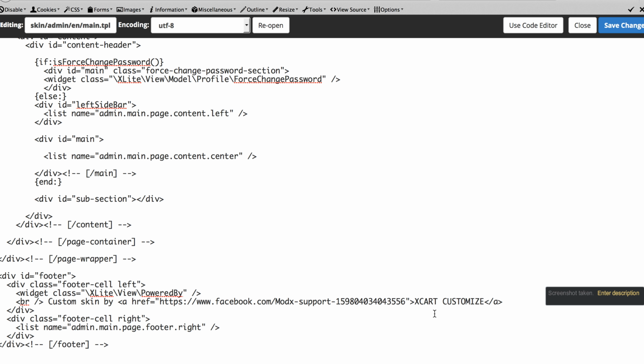So let's, for example, add a new character here, Xcart customize 2016, something like this. Save changes,